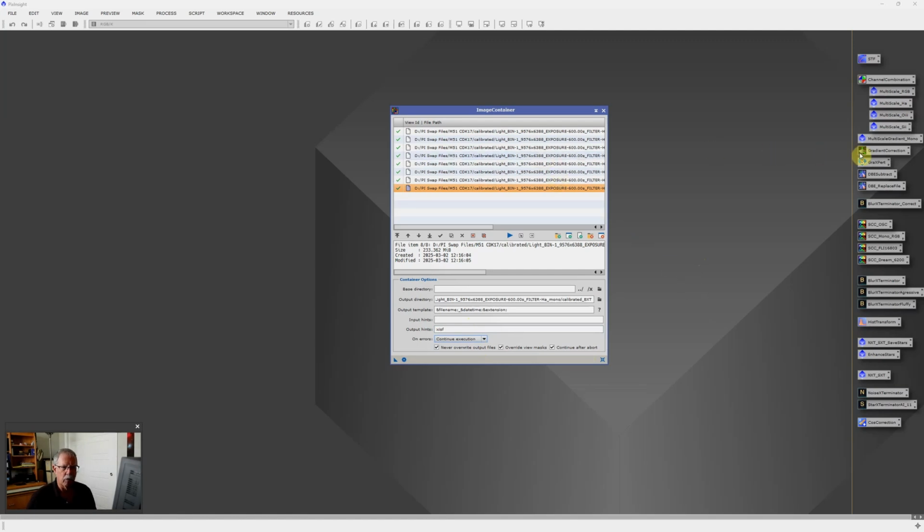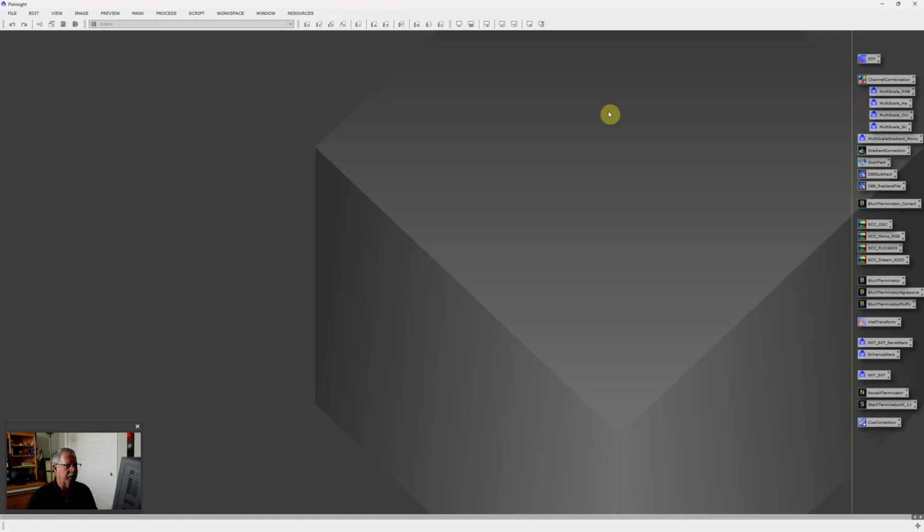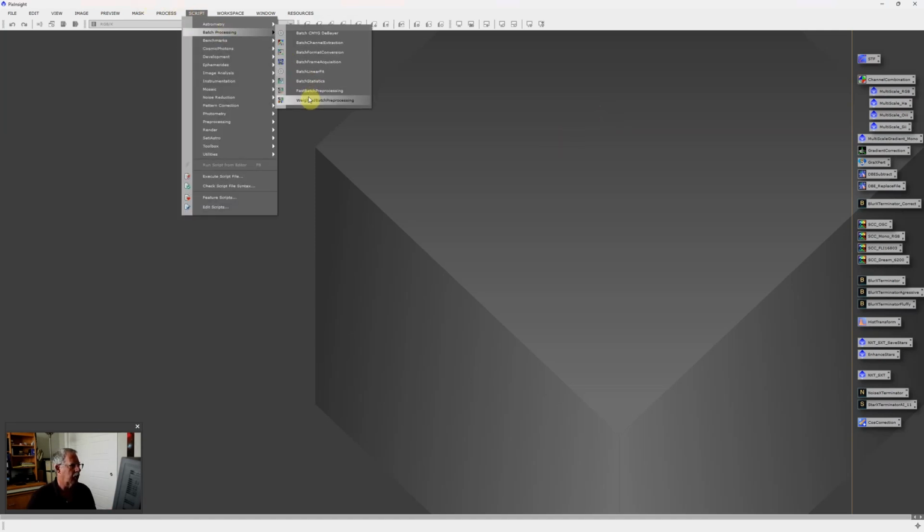Then I can run Blur Exterminator in correct only mode, and I can do that by just dragging the triangle from this image container over to the Blur Exterminator process icon, and that will run through, and it will run Blur Exterminator in correct only mode on each one of these files and save the output in this output directory. Once it's done that, now I can go back to WBPP,